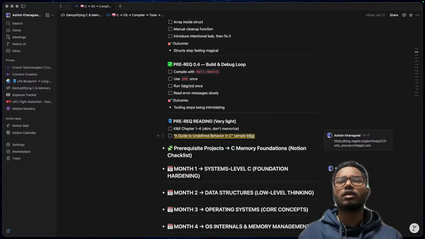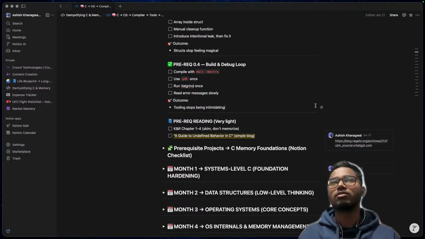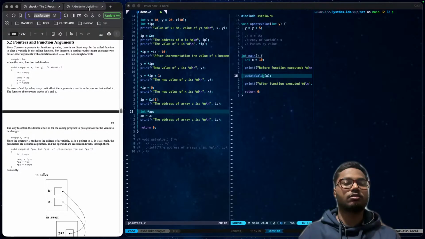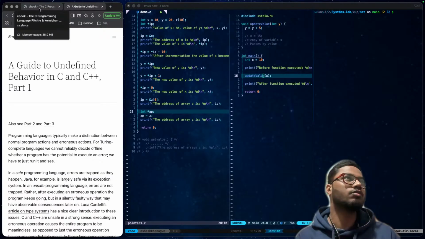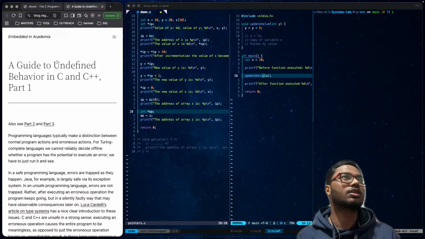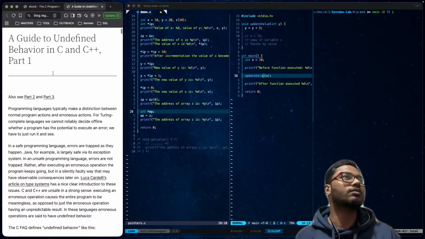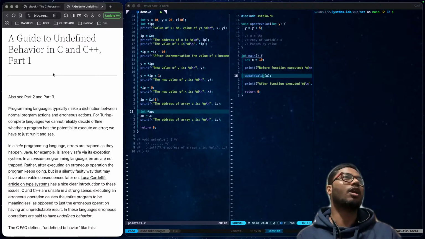I think it is a must read for all. It is a must read. Whoever says to you that C language is not so important now, we can use AI tools and all, this is all rubbish. We need to understand the basics. We need to get attached to the roots of the programming world.